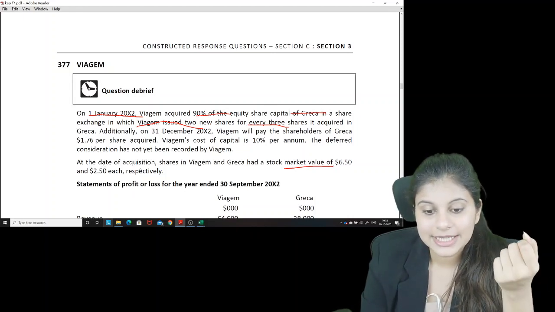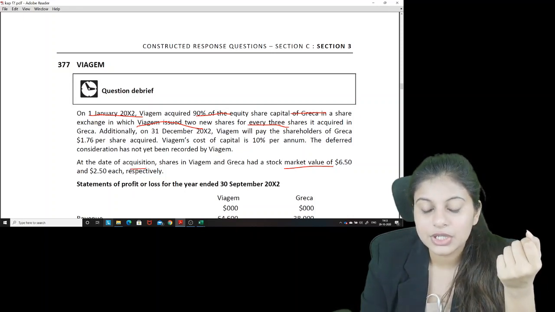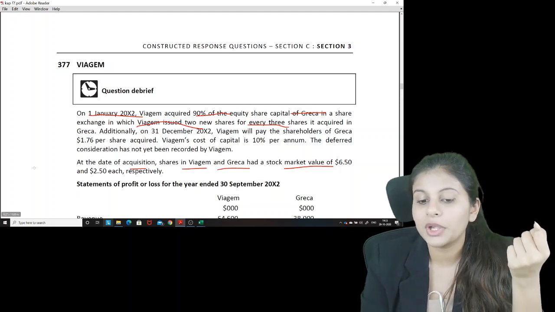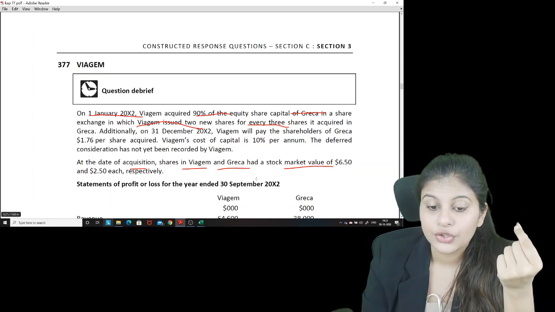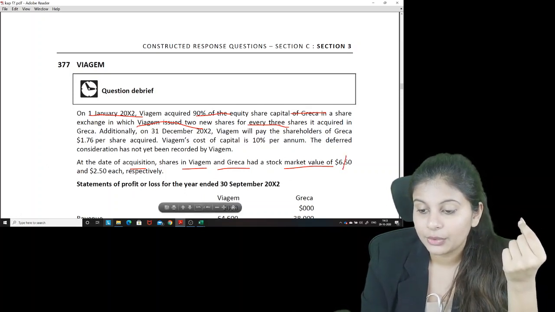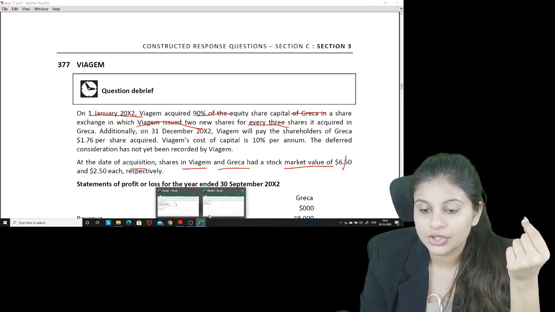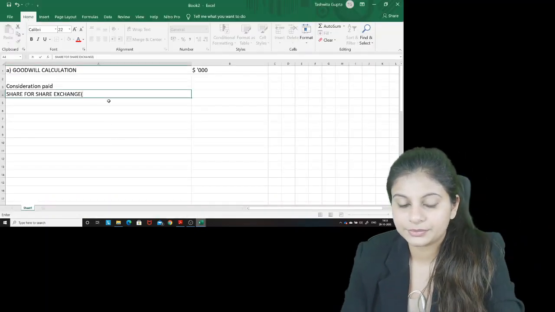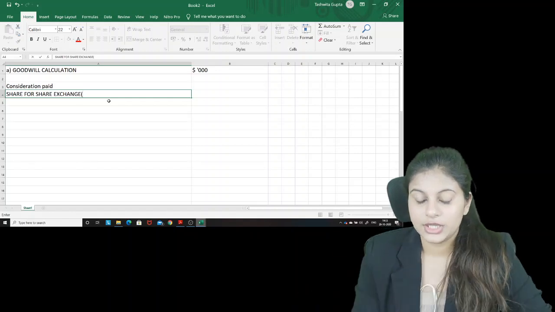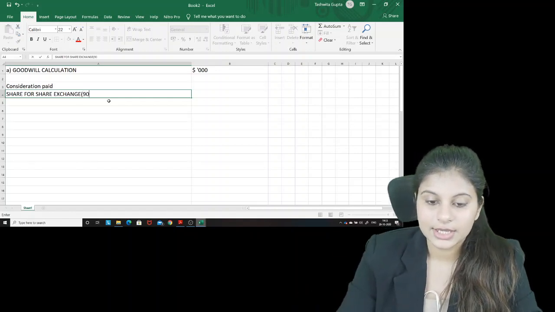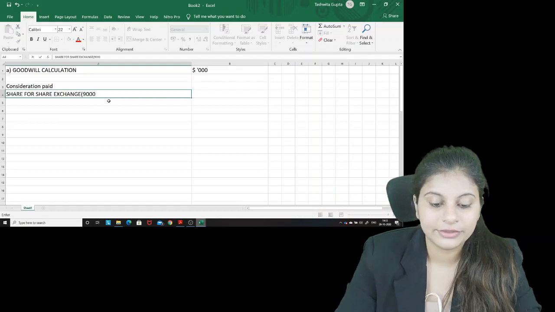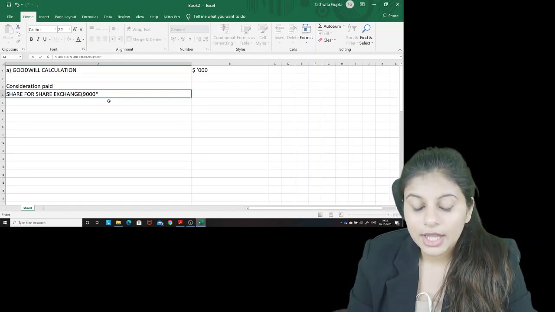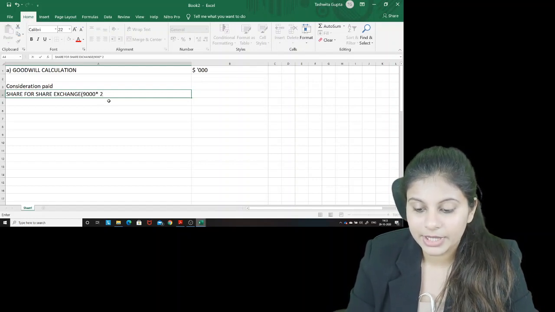So this line states that at the date of acquisition, shares in V and G had a stock market value of 6.5 and 2.5 each. So you will take 6.5. So what is your share for share exchange calculation? Don't forget to mention it here as well. That will give you marks. So you can write 9,000, don't do it in your head, write it out so you get some step marking as well. 9,000 into 2 divided by 3,